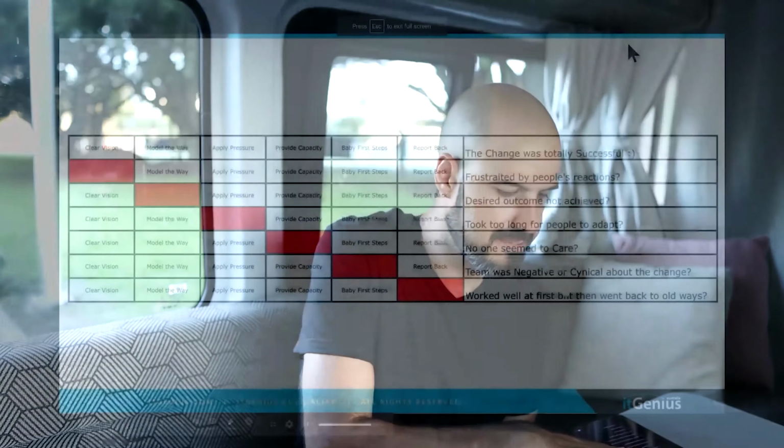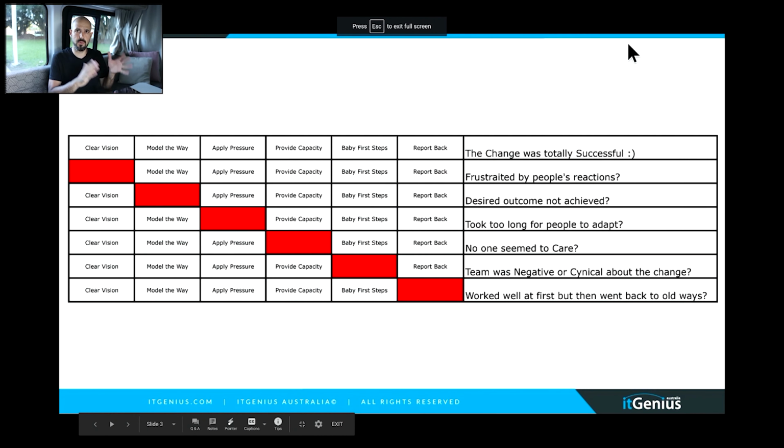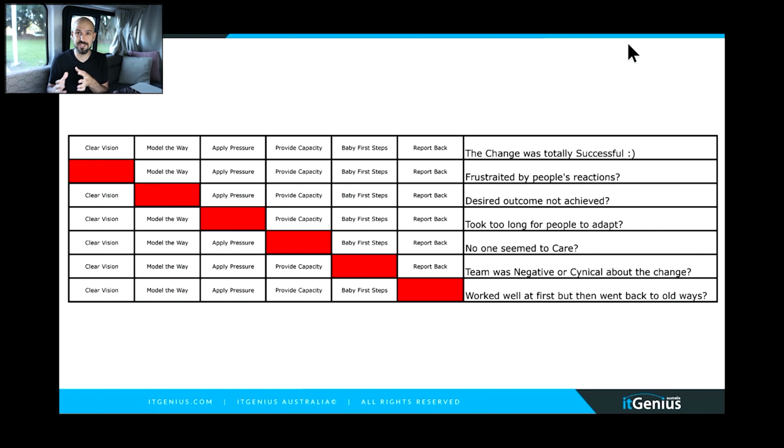So let's go back to our diagnostic and let's just kind of finish this one off, guys. So we've gone through each one of the steps and you now have an idea about what each of these means. I think I got that right. You now have a good idea of what each of these means and how you can utilize these inside the business when you're going through change. So I'm going to do a quick summary and let's just see what can happen when we don't implement one